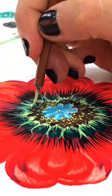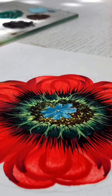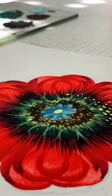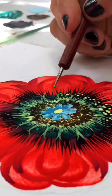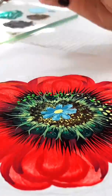Next instrument I saw from girls who do manicure. Usually these girls use it to put nice point in your nails. I will show it. Maybe you recognize. Yes, I think every girl who do manicure always saw this. Yes, you take green, maybe yellow, just your